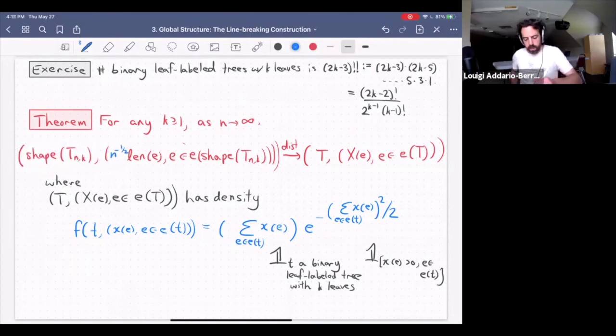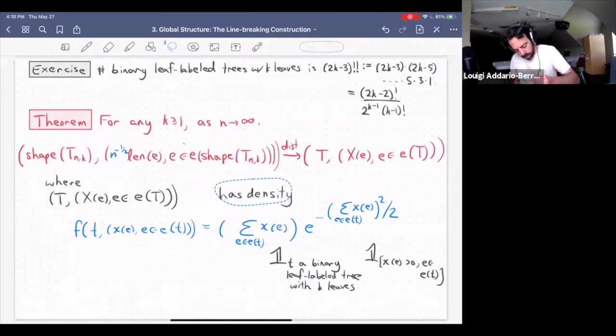Someone also asked in the chat, what are the X_E? This pair consists of a random tree and then a vector of random variables. So it's a random